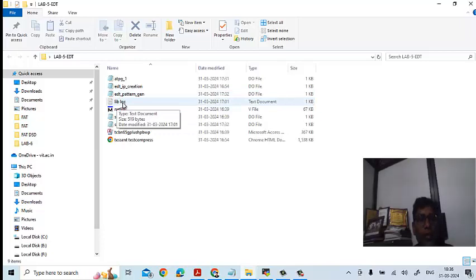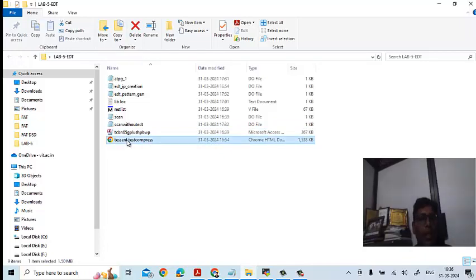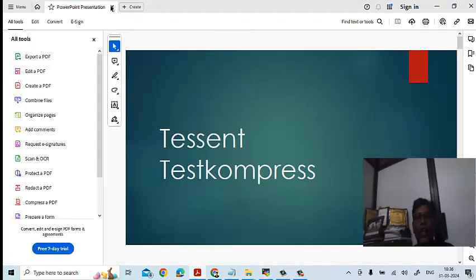And these scan without EDT and ATPG1.do files, these two are for bypass, and this is the library file, and this is the test compression PDF which I have kept, and of course one more PDF is also there. I will also keep it, so you can read the complete details about